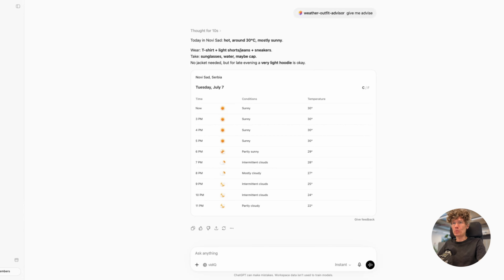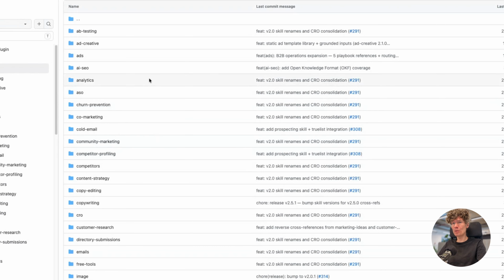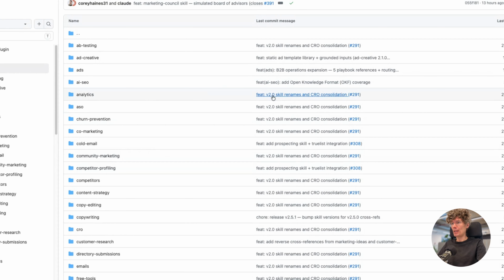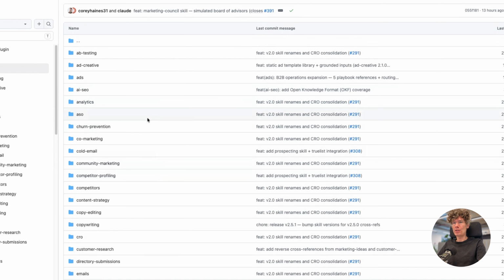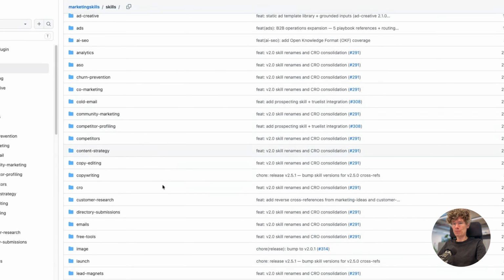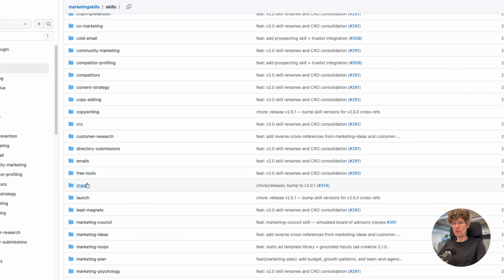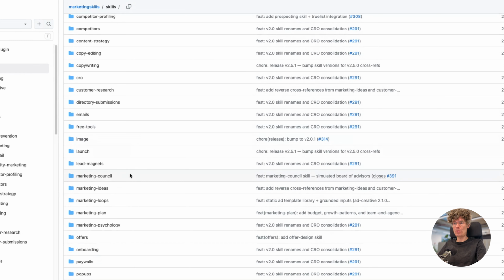Next, I switch to the next option, how you can add more skills. I switch to GitHub, and here you can see a lot of things about marketing. I find something interesting: playbooks, creative A/B testing operators, customer research, email, free tools, image, launch, lead magnet.